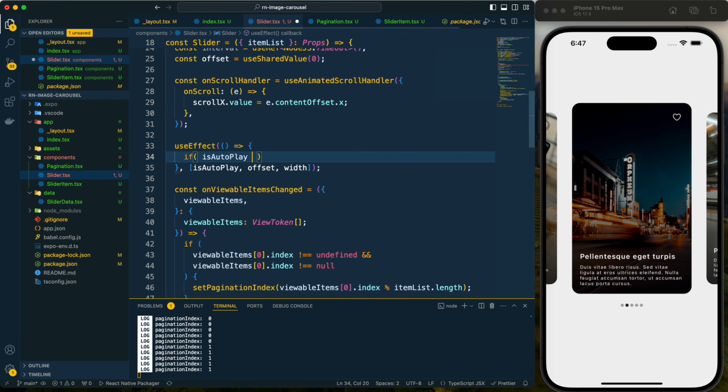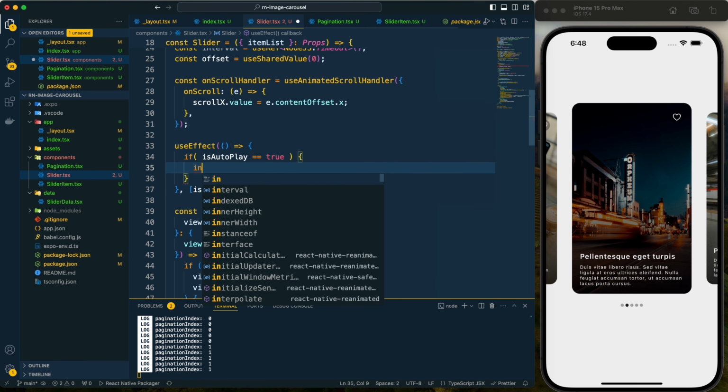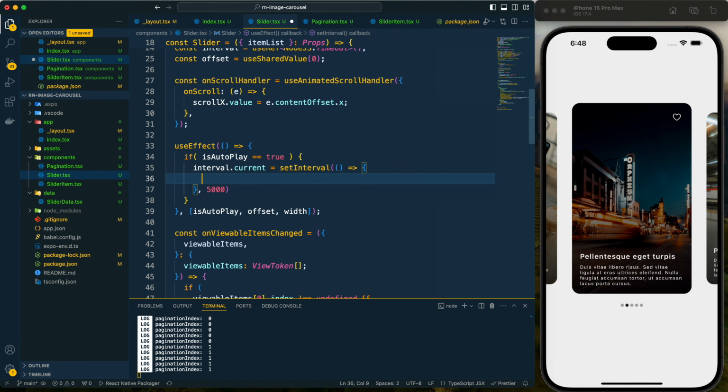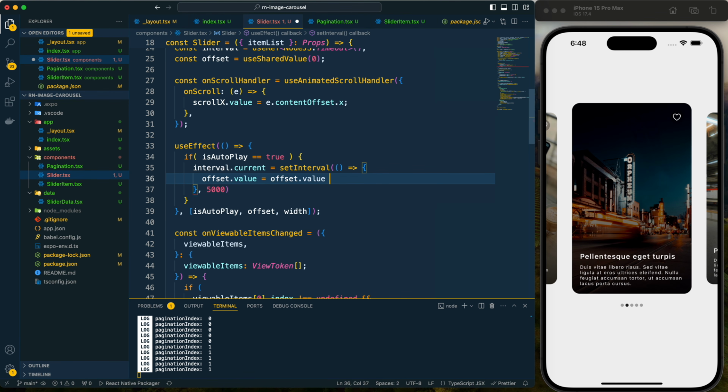So now let's check if isAutoplay equals true. Then we will do the autoplay. We will set the interval, and I will provide this value. Within this interval it will do the autoplay, and for the autoplay we need to update the offset value, and we need to update it by the width of the screen.